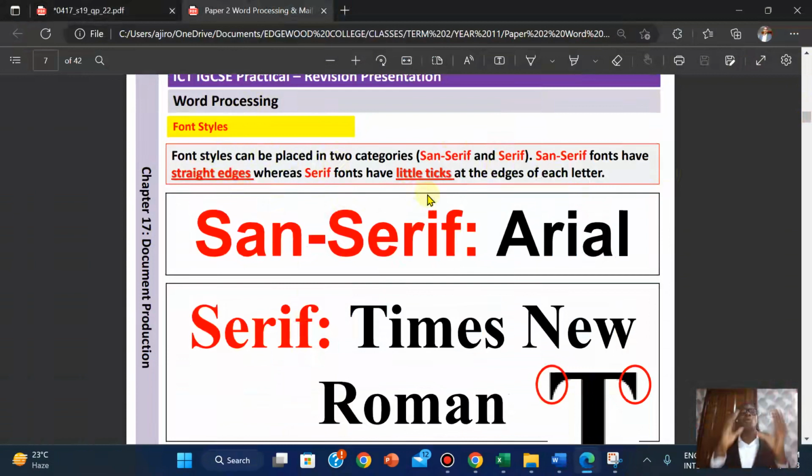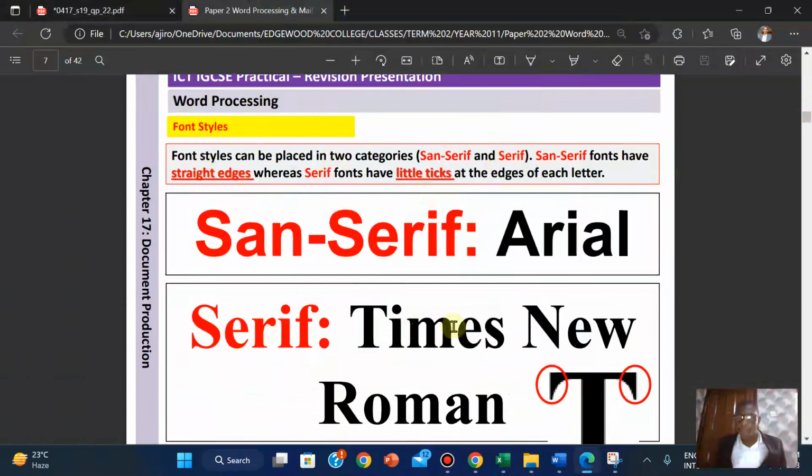That is what we see when we look at the fonts that we have in the word processor, the Microsoft Word. The sans serif fonts we can liken to Arial, while the serif we can liken to Times New Roman. This is one of the issues students have. Most of the time they do it interchangeably,